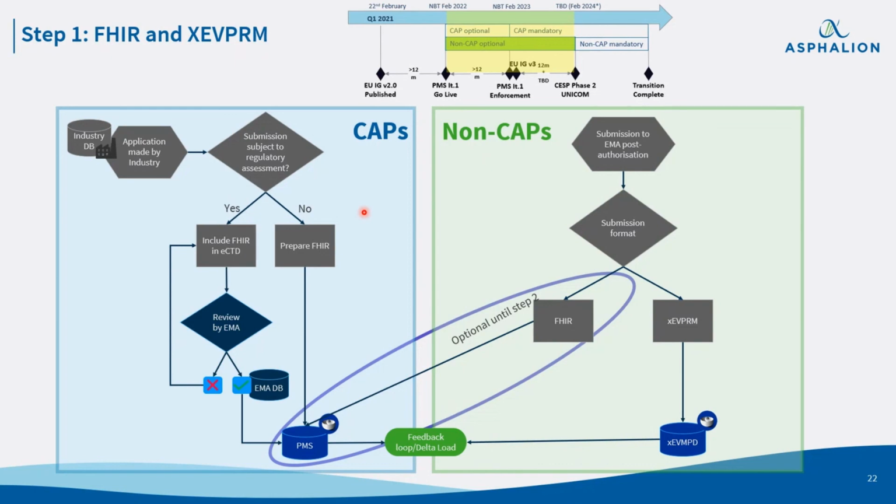Okay. So if we take an example of what is happening with XEVMPD at the moment, we said this is completely post-authorization. So we have this new EMA or a variation, and this is something you would do with your national competent authority or EMA if it were centralized, and then you report it in XEVMPD. But in the past, we have seen that some kind of variations can be avoided. So this is the case, for example, of a change on the QPPV or the location of the pharmacovigilance master file. So they are not treated as variation anymore. They are done directly through XEVMPD.